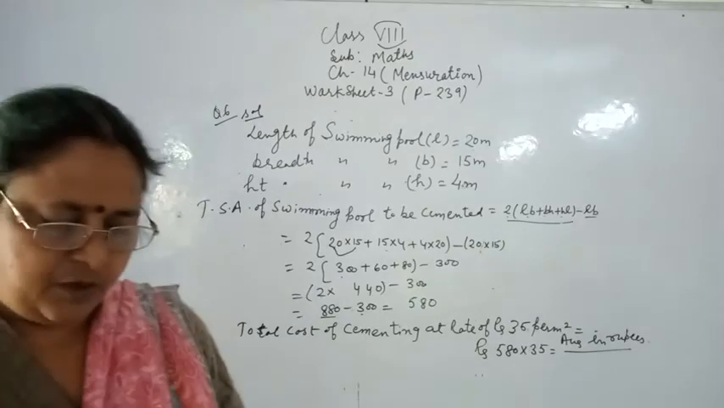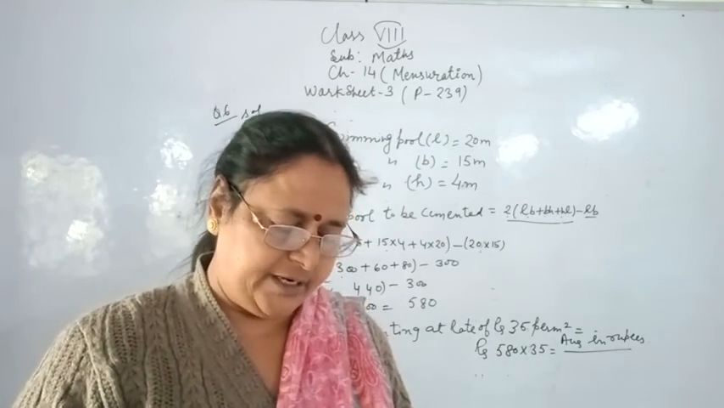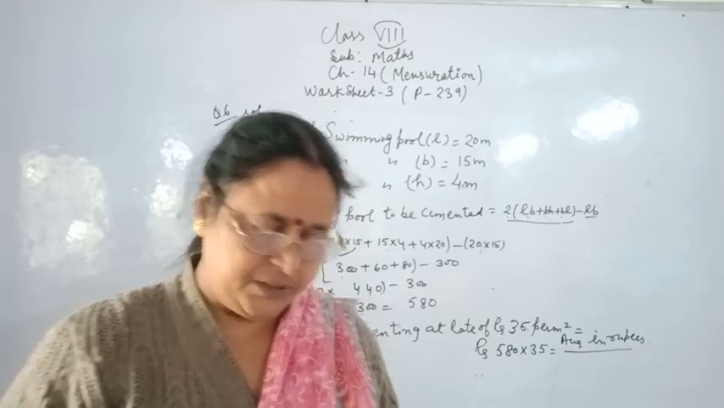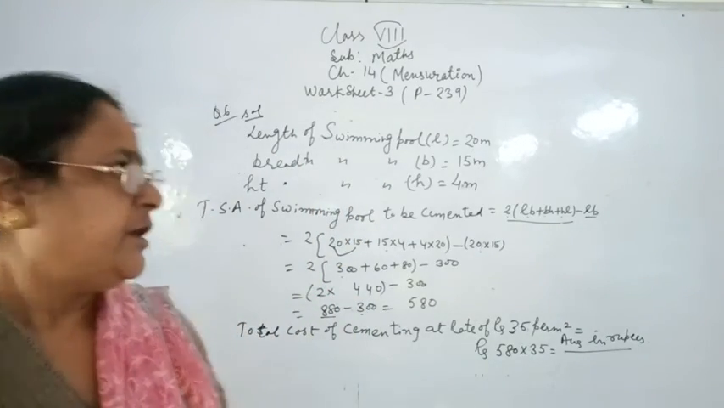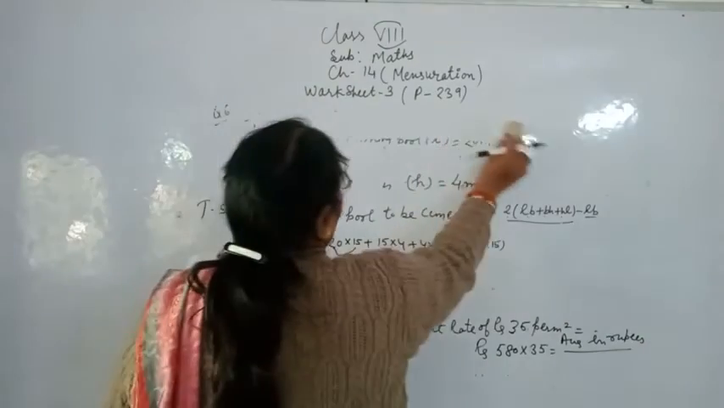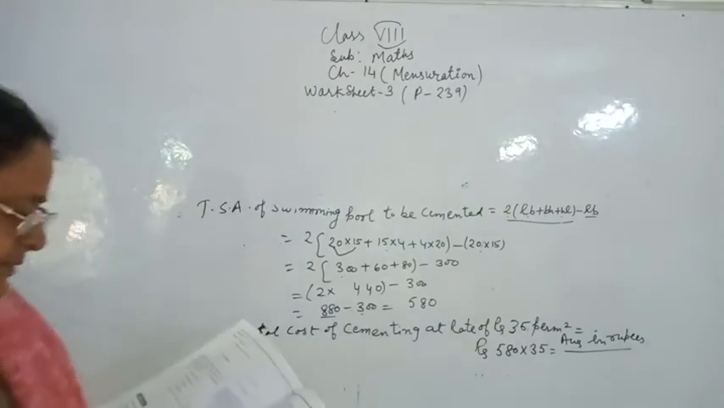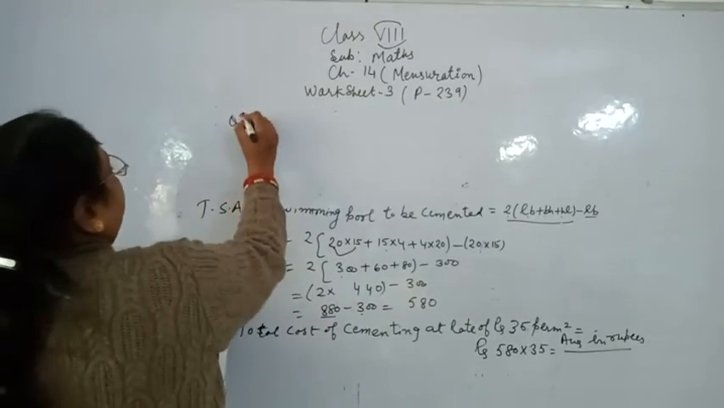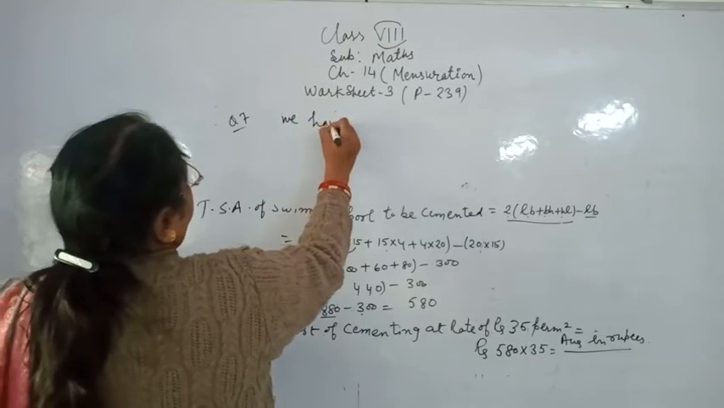A cubical box with lid has length given. Find the cost of painting the inside and outside of the box at rupees 550 per meter square. Listen to me, students, very carefully. In question number 7, I am writing for you what we have to find out. Do it yourself. In question number 7, students, we have to find out